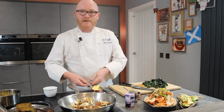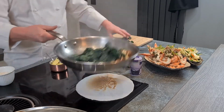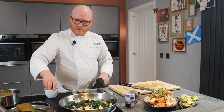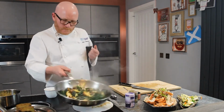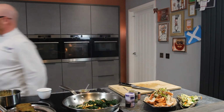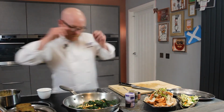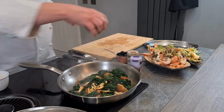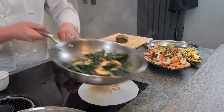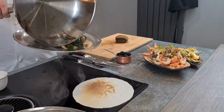Hope the smoke alarm doesn't go off, Laura. We're going to pop in a little bit of butter and then our kale. And we just want that kale just to wilt down. Perfect. I feel as though we're getting there. We've got lovely venison, got our langoustines there. We'll tidy up a little bit. A little bit of seasoning,